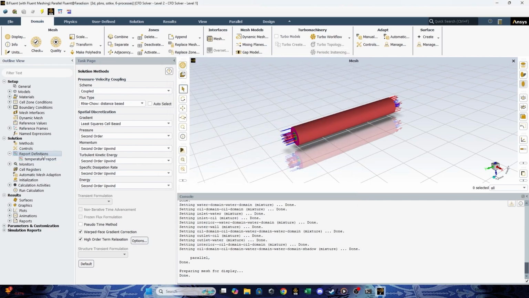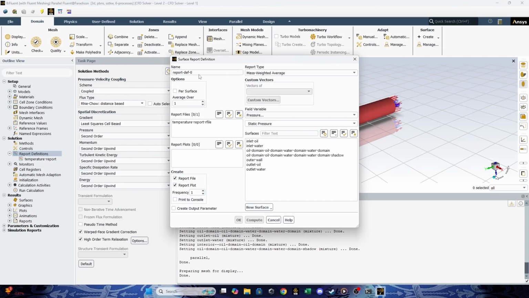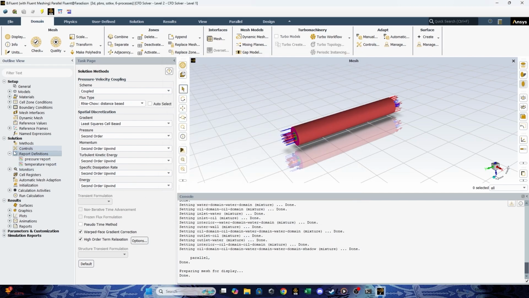That's for the temperature. And for the pressure, you can go to report definition, new, same as before, mesh weighted average, change the name to pressure reports, take per surface, then choose the inlet oil and also the outlet oil and water. Then okay, you finish.